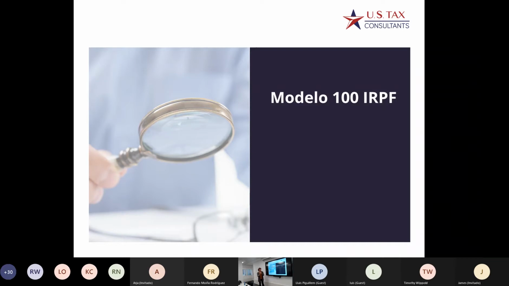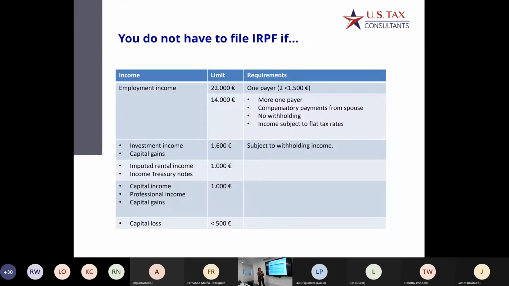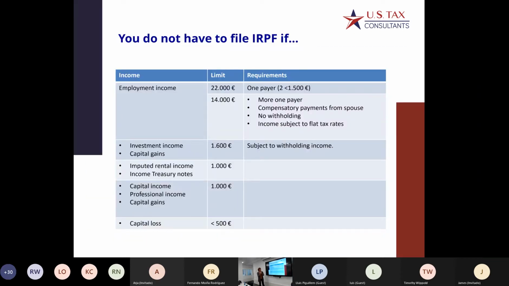So we're going to go through the IRPF, the personal income tax return. This more or less is a chart where it shows the limits that if you are tax resident in Spain, you are obliged to declare, okay? Regarding employment income,